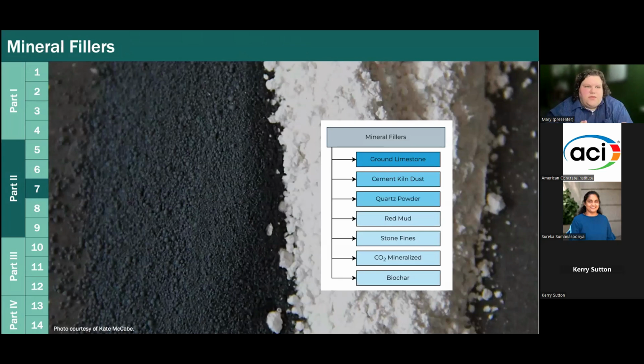Chapter 7 is about mineral fillers, which are very similar to SCMs, where you replace some of the Portland cement with a mineral filler. But these materials are largely considered to be inert. There's a lot of information out there now saying, well, maybe they're not totally inert, maybe they interact in different ways with the reaction. I won't get into that now, but largely they play a bit of a different role than SCMs.